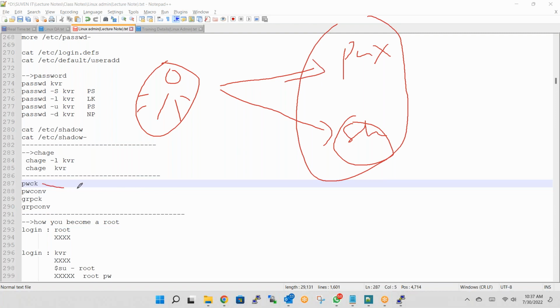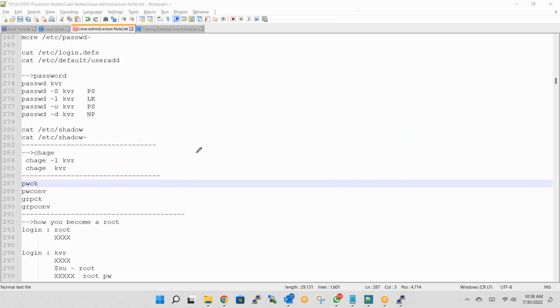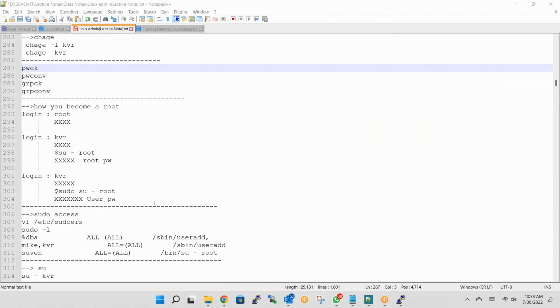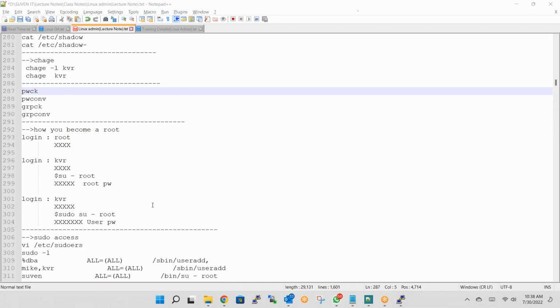So how to check if there is any inconsistency? pwck. Yes, there is an inconsistency. You want to recover that, pwconv. That's all, very easy, simple. So now coming to the same group level. Then coming to the most important part here,